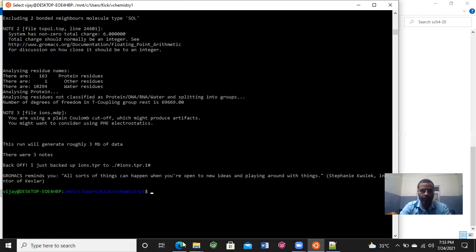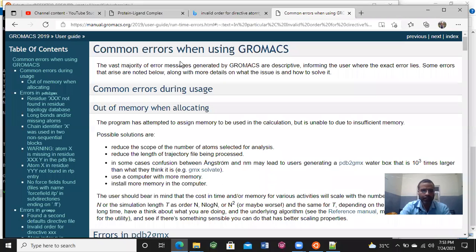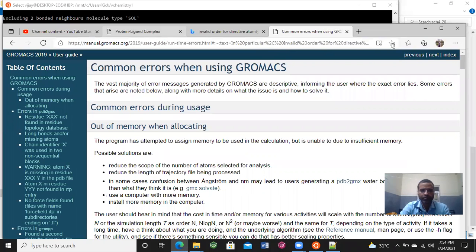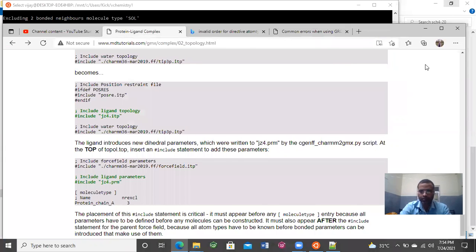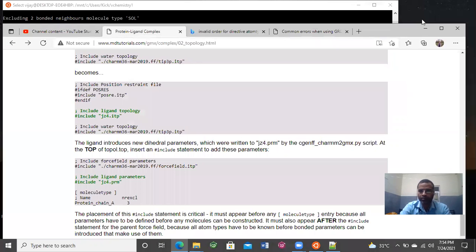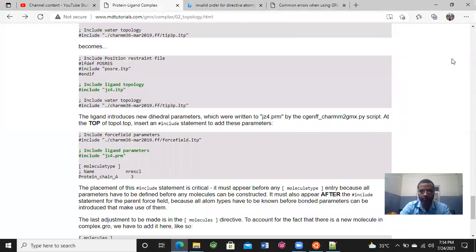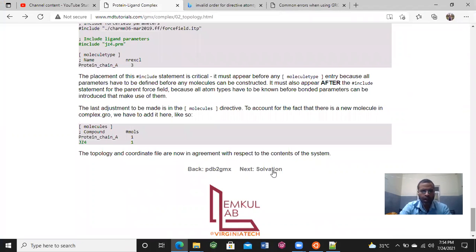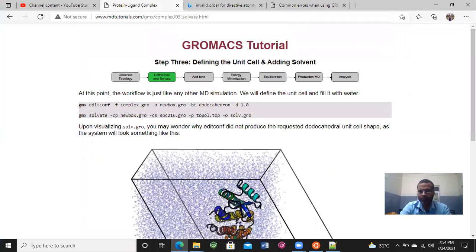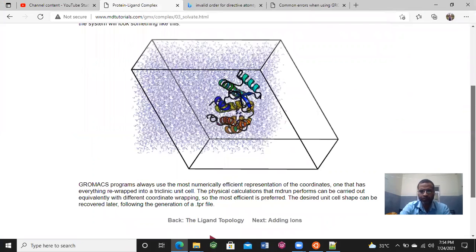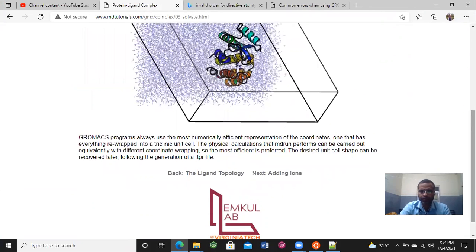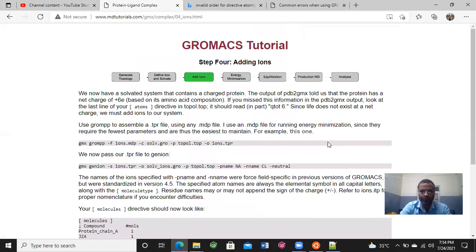Now we have to proceed to the next command, and that is adding ions.